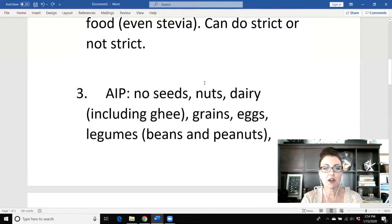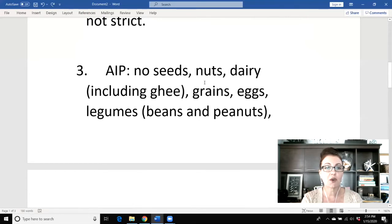So let's move on to the autoimmune protocol. This is more like a medical diet. This would be for somebody who's suffering from any kind of autoimmune condition or inflammation. And almost everybody who's eating the standard American diet has inflammation, or anybody who has a chronic illness probably has inflammation. So this could help anybody, but specifically if you've been diagnosed with an autoimmune condition,